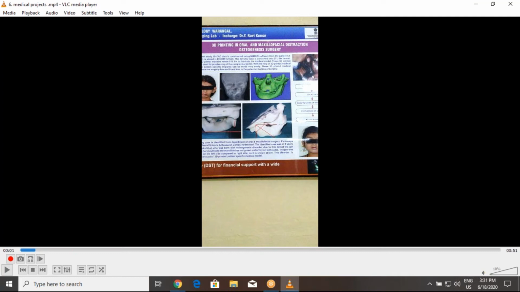Let me explain the steps of what was done in this project. From her CT data, in the form of DICOM images, we exported the images to Mimics, and from Mimics we made a CAD model. The CAD model was printed with the help of an FDM machine. With the FDM printed parts, they did some rehearsals on how to overcome this problem.